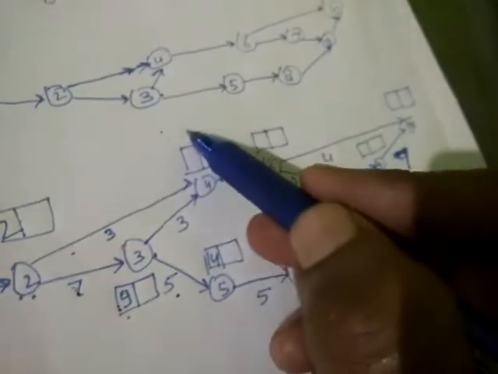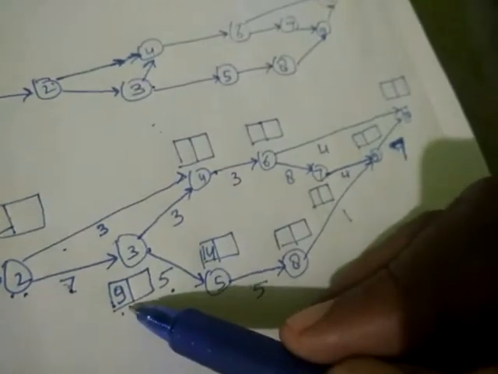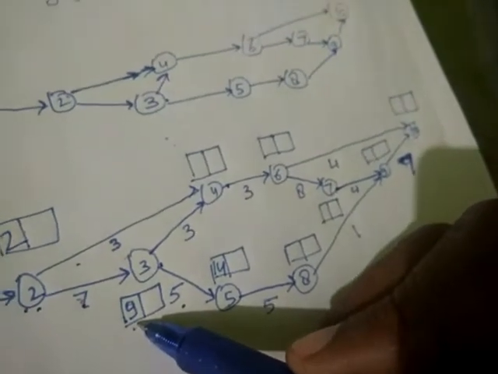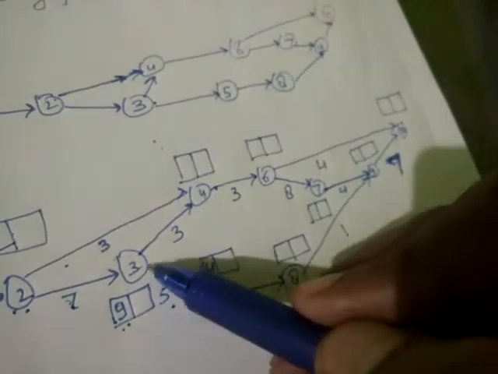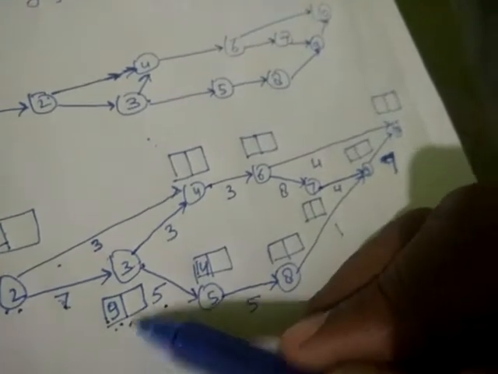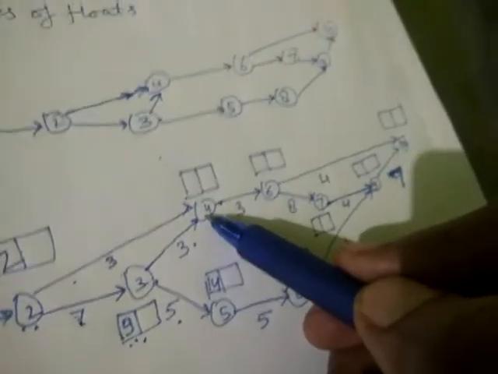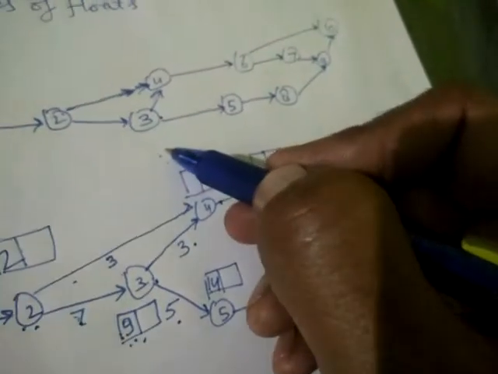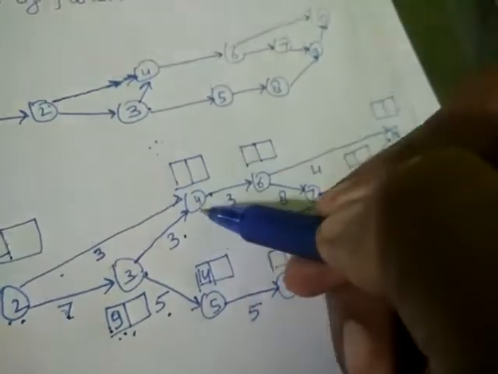ठीक, यहाँ पे 5 लिखा जाना चाहिए. In the same way now, see here, activity 3 to 4. Activity 3 to 4 ये स्टार्ट हुआ 9 बजे और 3 घंटा उसको होने में लगा, तो ये एक्टिविटी कितने टाइम ख़त्म होगी? 12 बजे। तो अब यहाँ पे आपके पास दो चॉइस है कि 5 लिखें कि 12 लिखें, क्योंकि यहाँ से